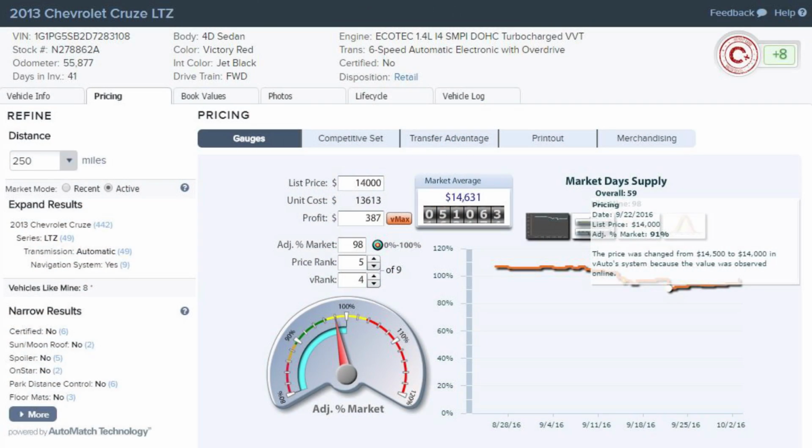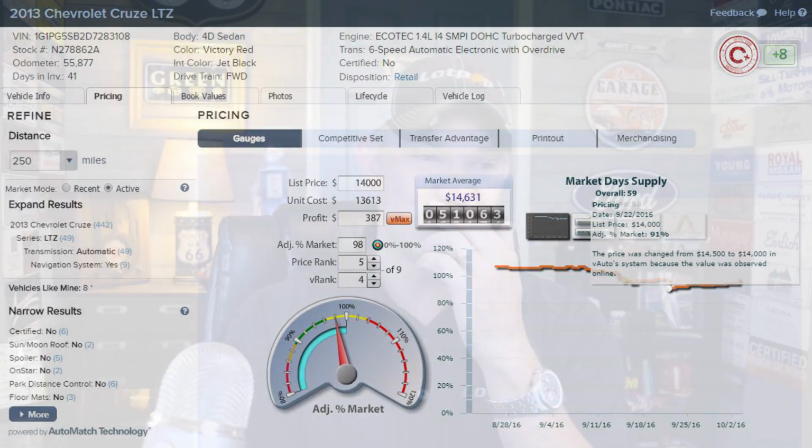But let me just show you here. We did a price change to 14 grand on the 22nd of September. You can see on the screen here, I'm going to pop it up. So I'm taking my eyes off, but you're going to be able to see my monitor here. And at 14 grand, we're at 91% of that market. And that was just the 22nd. That's a little bit over about a week and a half ago. 2 weeks ago would have been the 19th. So you could see that